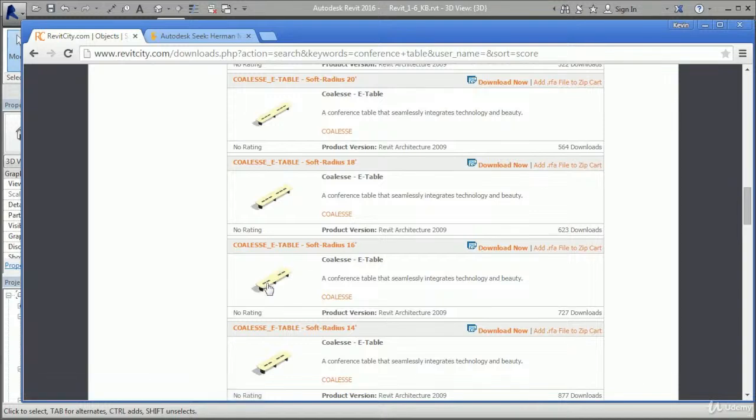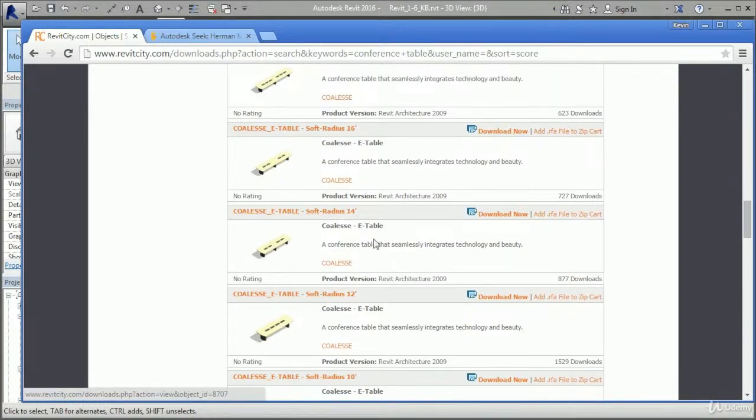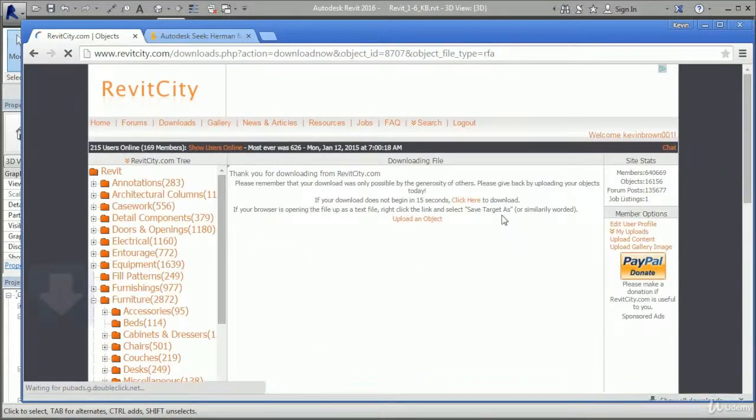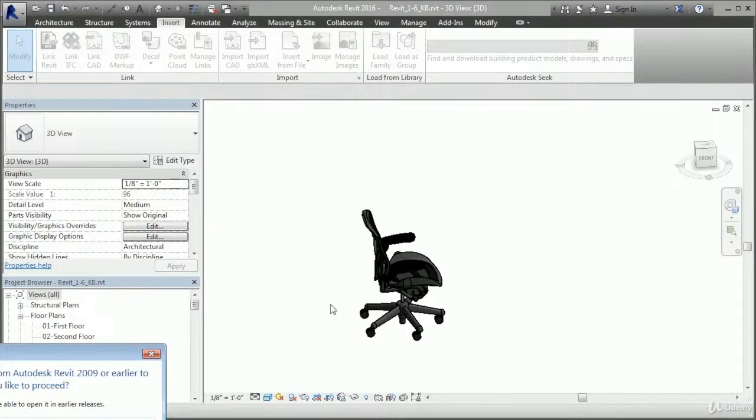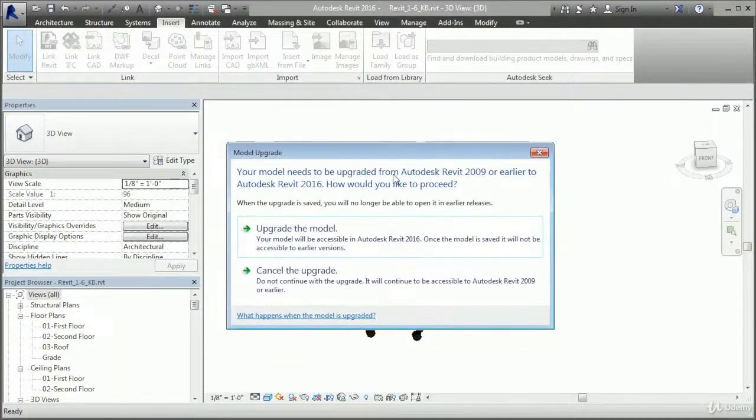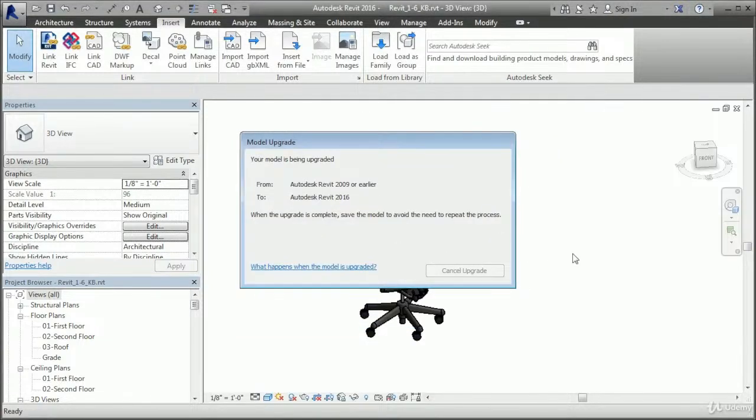tables. So if I wanted to get a copy of this 16-foot or 14-foot Coalesce E-table, then I can just choose to download it. And it is going to ask you to log in to this site, so you'll need to join the site and log in. It's free, of course. And then I can choose this Coalesce E-table soft radius, and this is an RFA file. So if I just pick my download, it's going to open right away. And this one was originally created back in Revit 2009. I'll upgrade this,